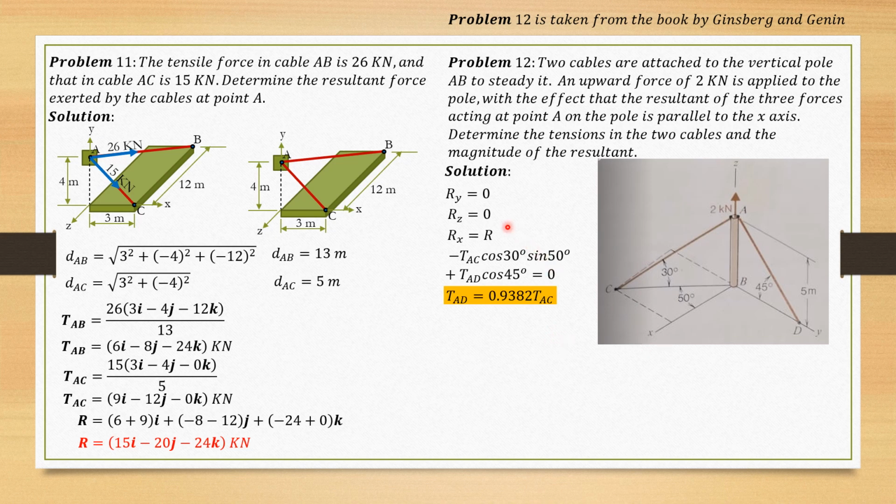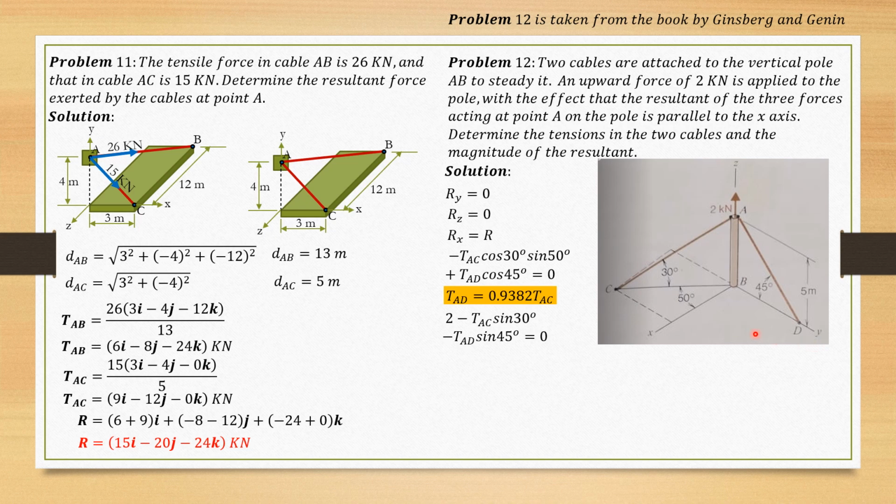Then Rz is equal to 0. So vertical summation forces along the z-axis is 0, so 2 kilonewtons. Then these components of tension would be downward, so minus. So 2, the vertical component of tension AC is simply magnitude of tension AC sine of 30, and that's negative. While the vertical component of tension AD, because that's 45, this is the vertical component going down, so that's tension AD sine of 45. So 2 minus tension AC sine of 30 minus tension AD sine of 45 is equal